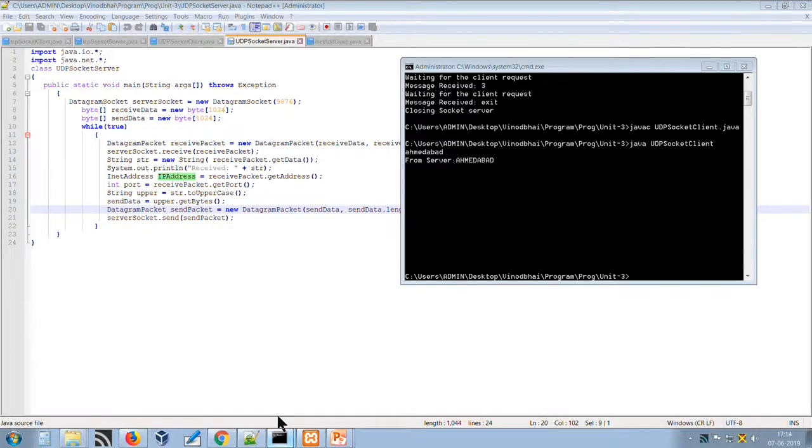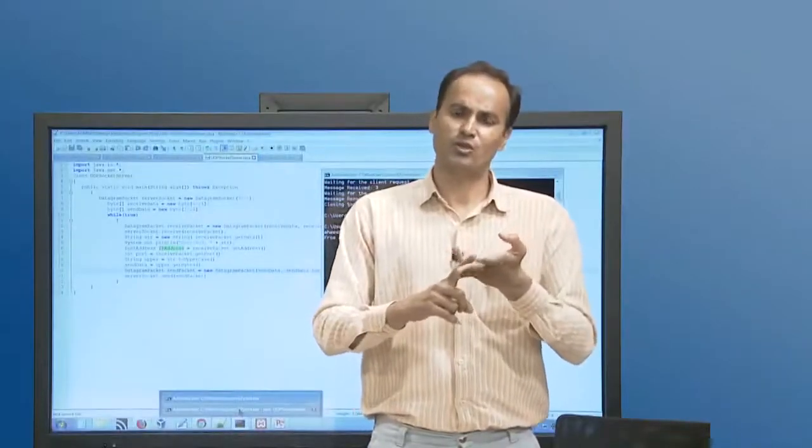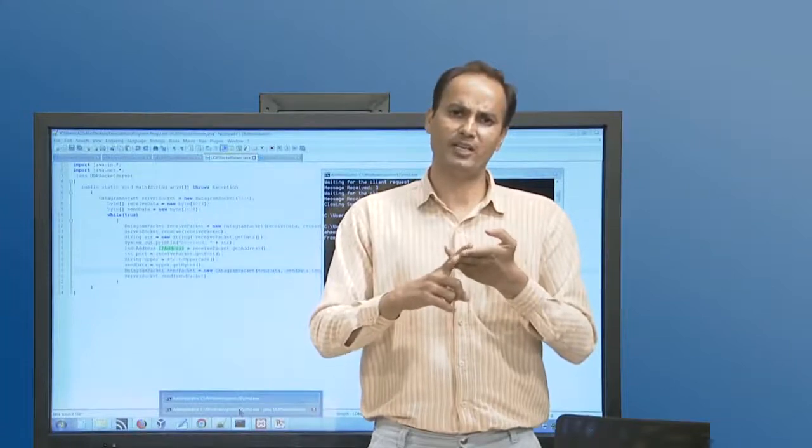Now at last I would tell you that TCP and UDP both are very important. We can't say that UDP is better and TCP is not better, or TCP is better and UDP is not better. Both are good and both have their places in a particular environment. As we know, TCP is very efficient and reliable, so it can be used whenever we need.